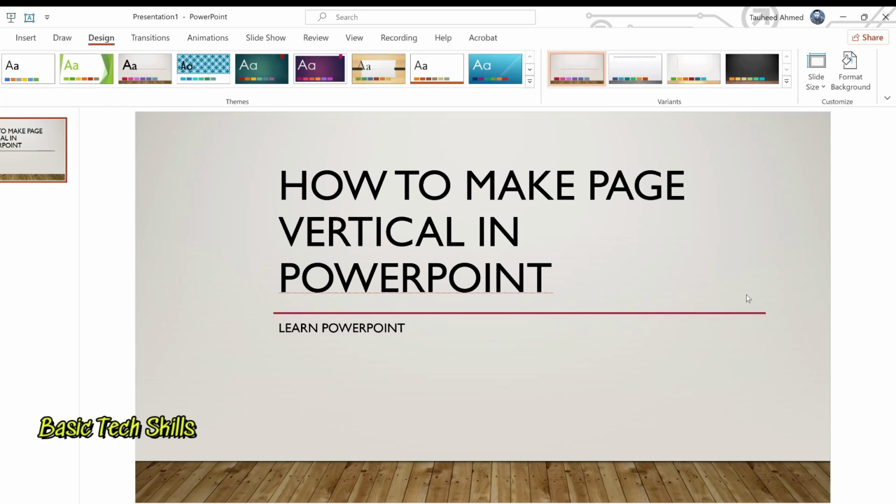Hello, in this video I will show you how to make a page vertical in PowerPoint, or how you can turn your slides into vertical. It's pretty simple and easy. You need to click on the Design tab on the upper menu bar, and on the right side